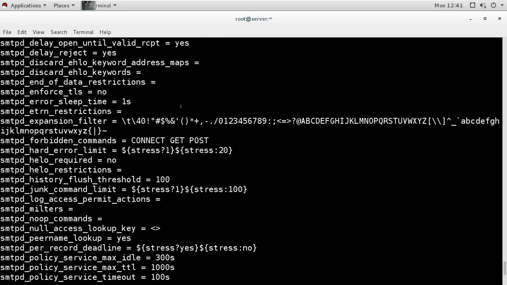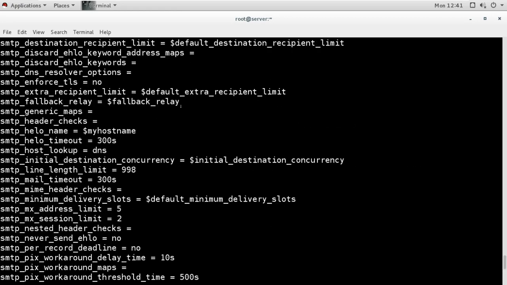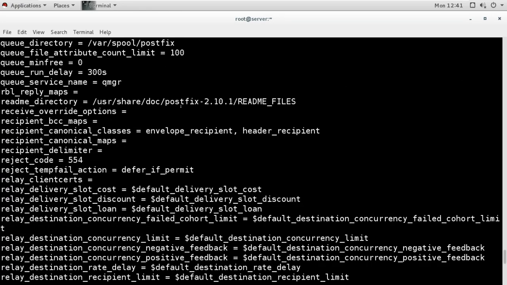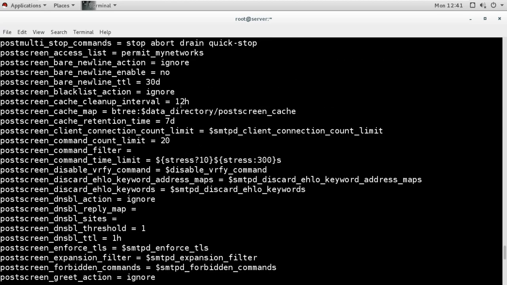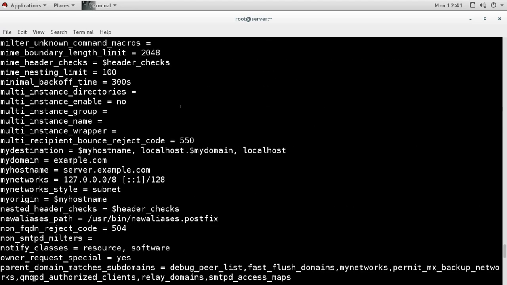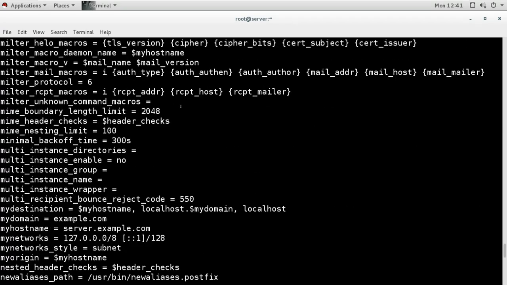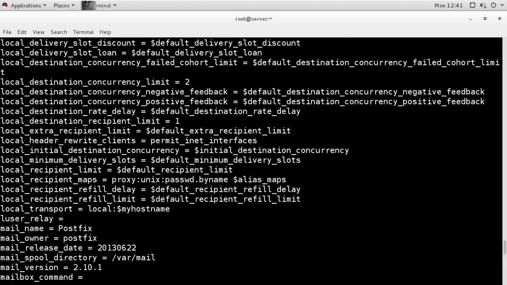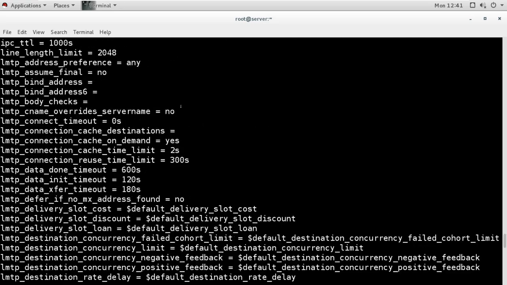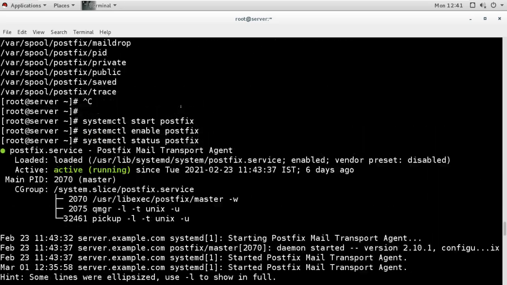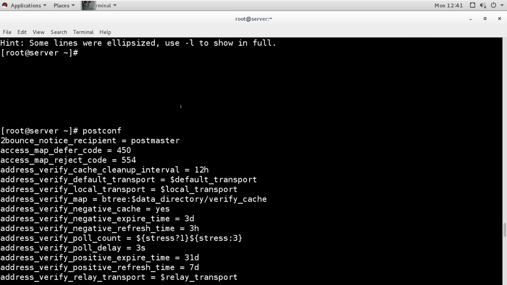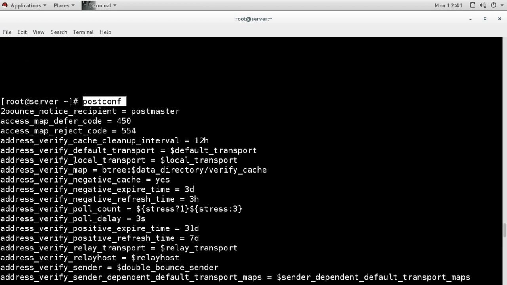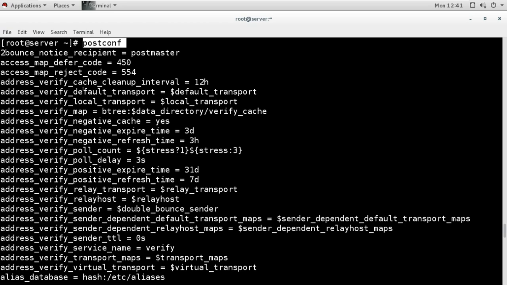Now in all these settings, if you go to the top, so I gave the command here. Now when you go down here, there are different configurations for address verification.